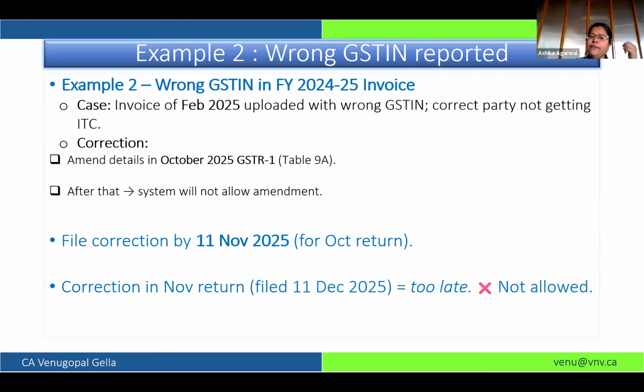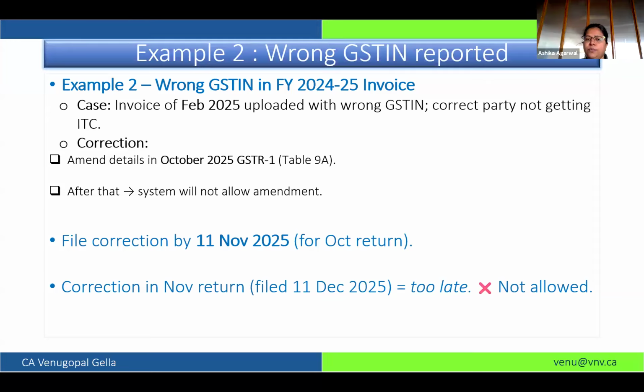Example 2, where you have reported a wrong GSTN. If you have reported a wrong GSTN, then in GSTR-1, by using amendment table 9A, we are considering it as B2B, you can amend by using table 9 of GSTR-1 and correct the GSTN. After October, you won't be able to amend the GSTN.